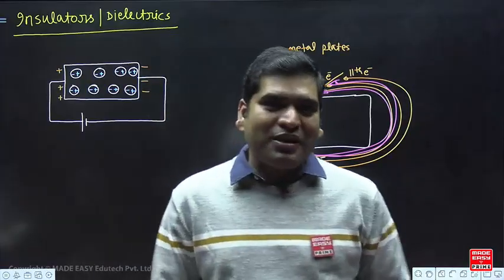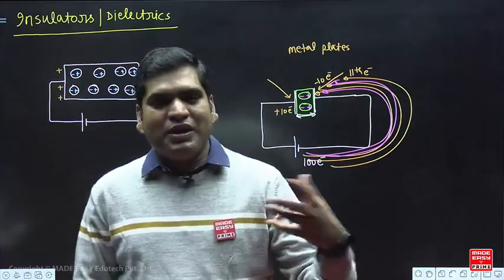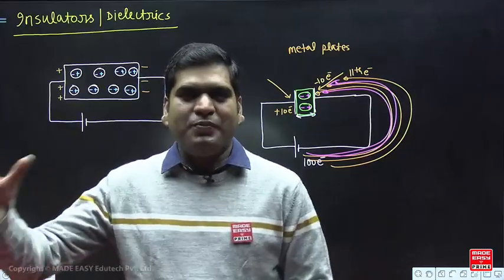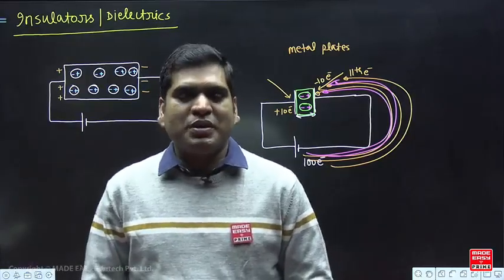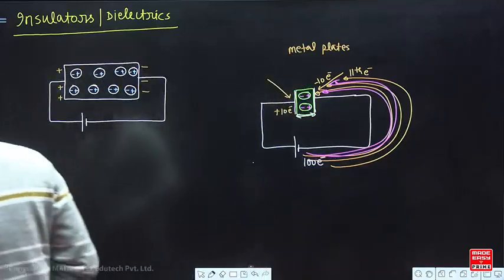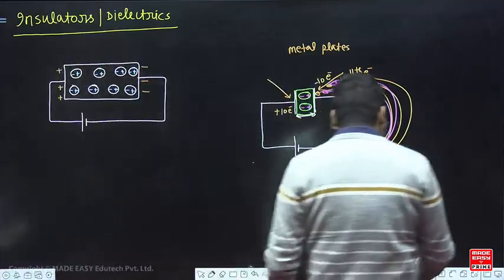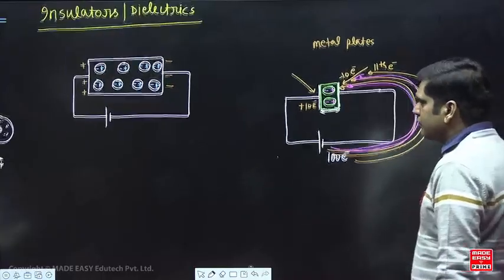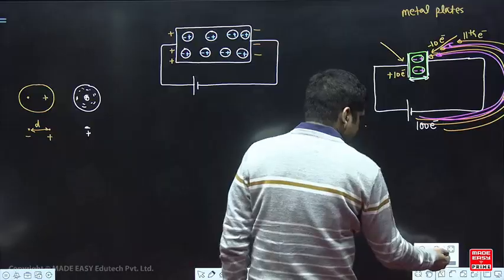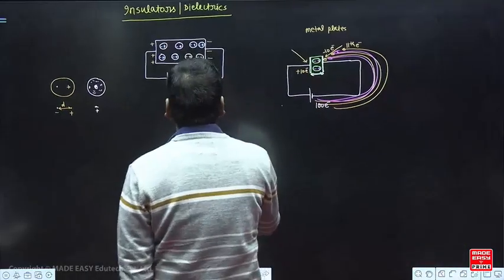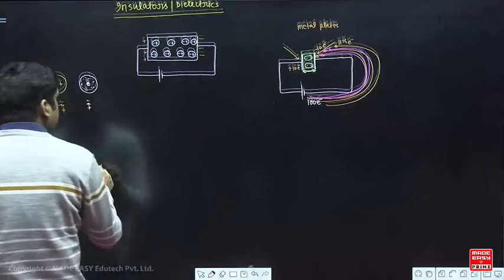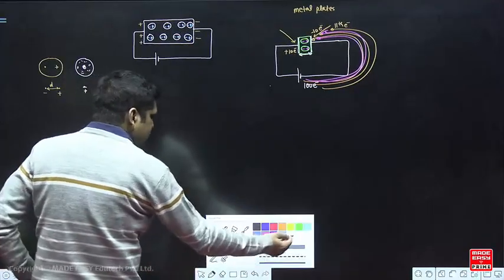So we can have the same material for both purposes, but if we are observing it from the insulation purpose, then it is known as insulator, and if we are observing it from the capacitance purpose, then it is known as dielectric. So let us first define this insulator and dielectric thing, and then we will move forward. We can write like this, this is the first slide, many people have asked, we have just started from here, right? We can write like this: non-conducting materials